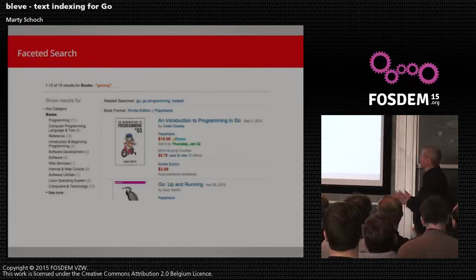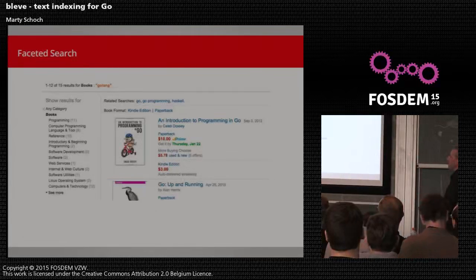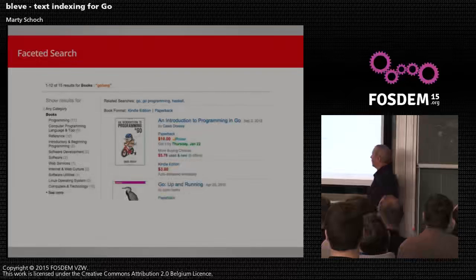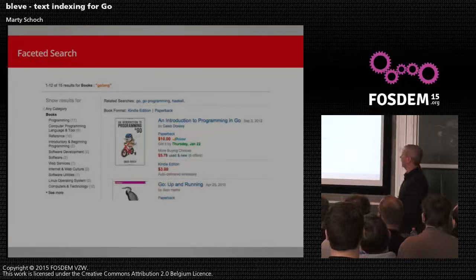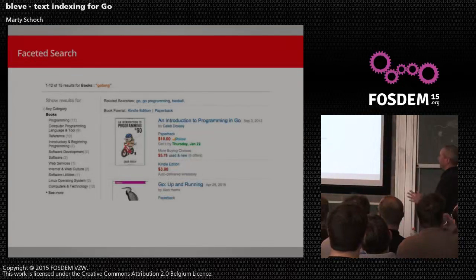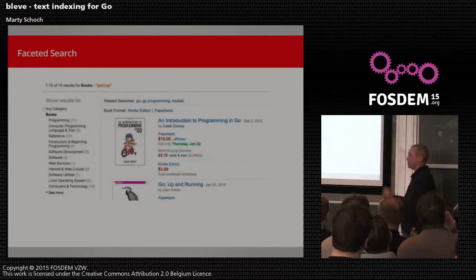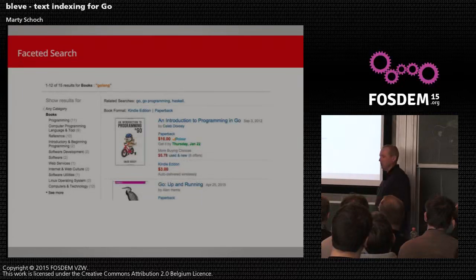And another really popular feature that's come out of the Lucene and Elasticsearch world is this notion of faceted search. So here you see me doing a search for Golang books on a major retailer. And on the left-hand side, you see it's broken down by categories. And then in parentheses are counts, telling you how many books are in that particular category. And in a well-designed site, this allows you to do faceted navigation, where just by clicking on those, you drill deeper and deeper into categories. So we're going to look at that capability as well.